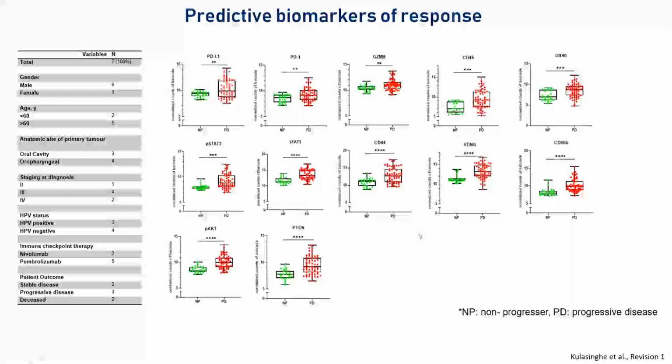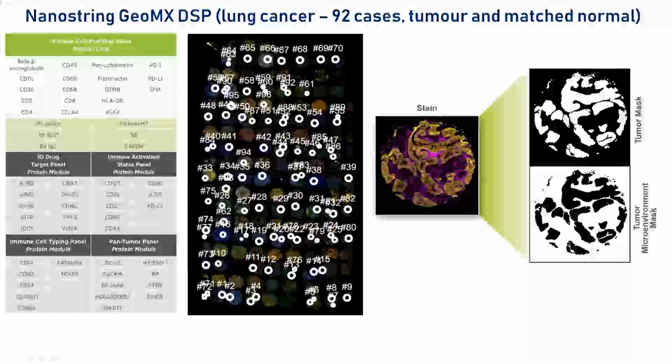And this is just in lung cancer. This is an expanded panel. So you're able to do tissue microarrays as well. So this is about, I think, 100 cores on this TMA, and you're able to go in and mask. So what you can do on this is your panel of proteins are on the left here, but in the middle, what you can see is you're